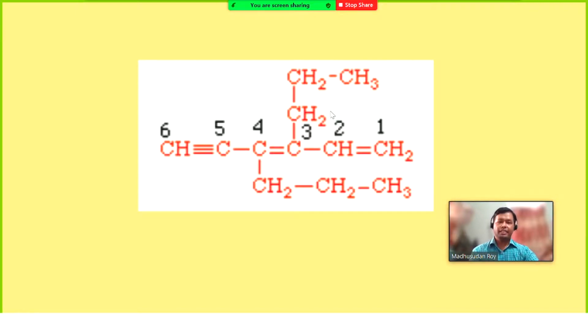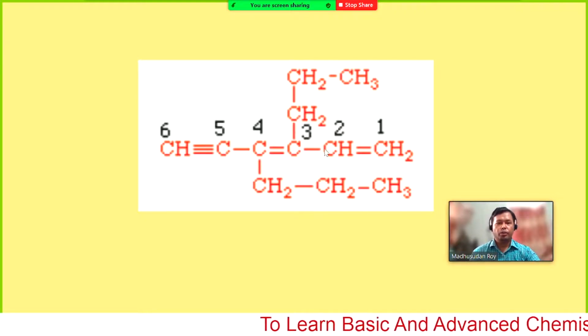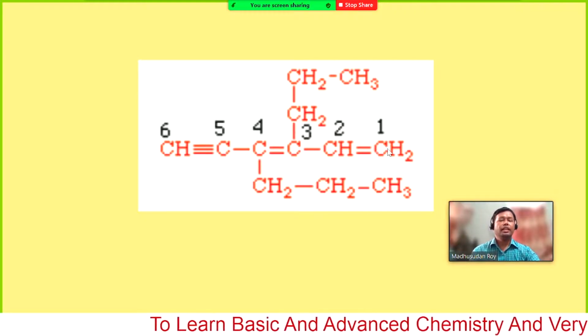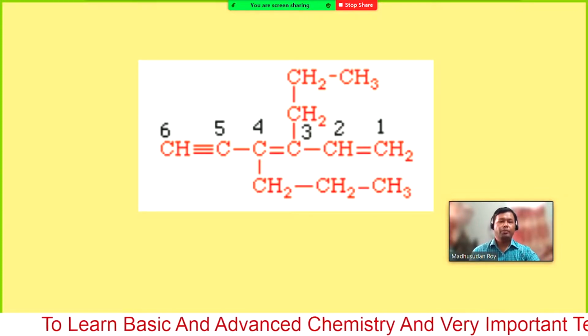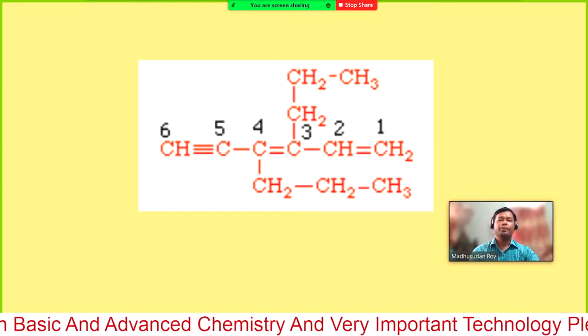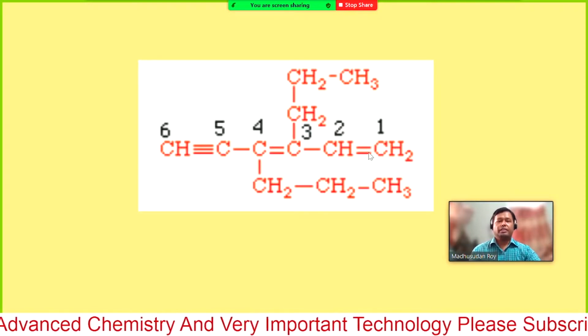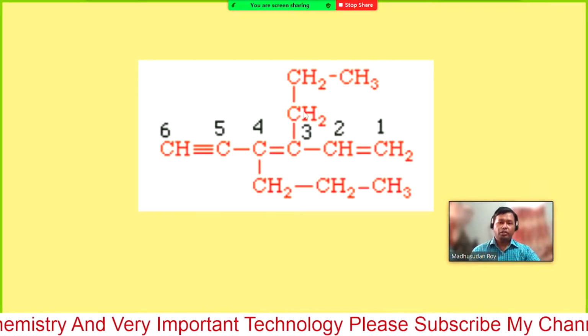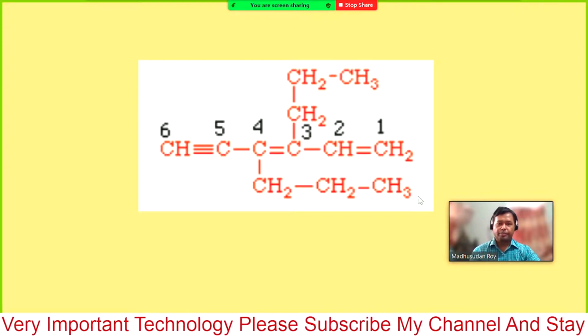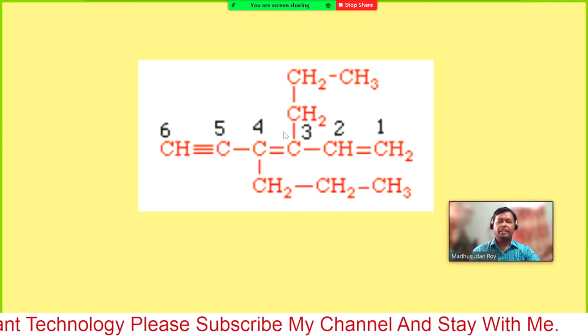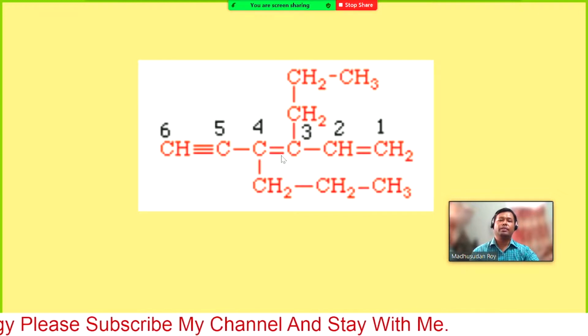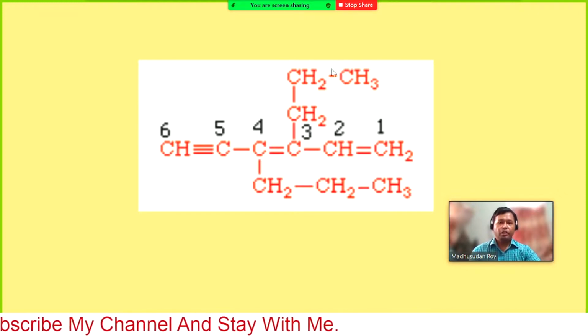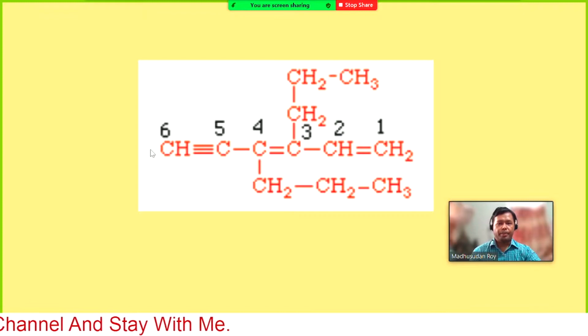However, let's see if we consider it this way. 1 2 3 4 5 6. So it has 6 carbons, but we have only one double bond in the compound. Then if we go by this direction, in that case we also have only one double bond. Again, if we go this way, from here to here,